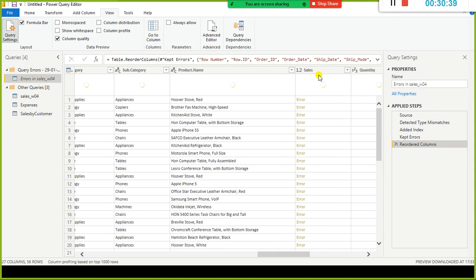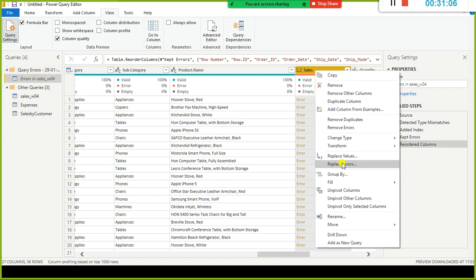Look here in the sales column, there are some errors. I just removed the dollar sign just before the numeric value, and then I converted it to decimal number, but there were some missing values, NA. I did not address that one. See what I do, that is the reason why I was getting the error.